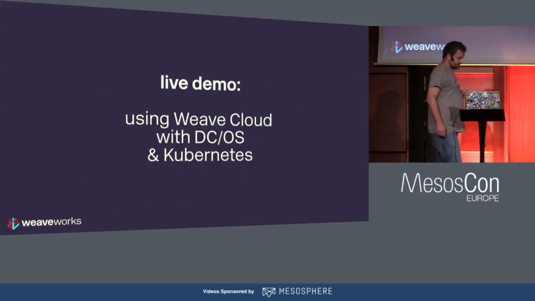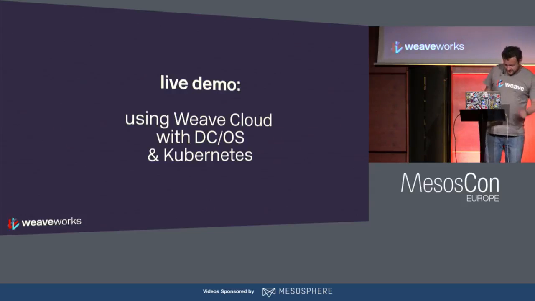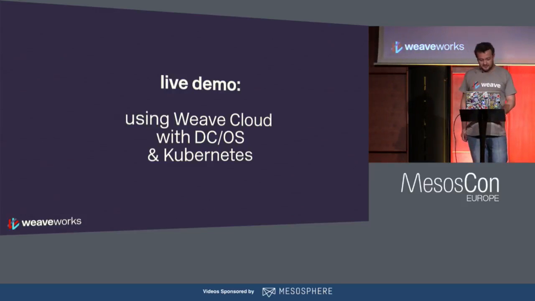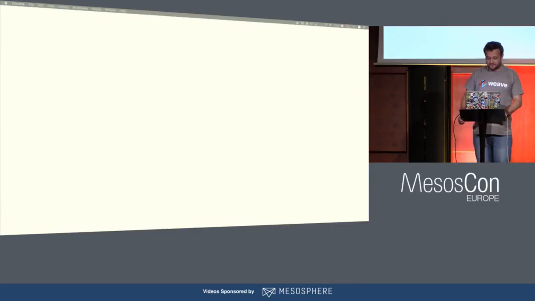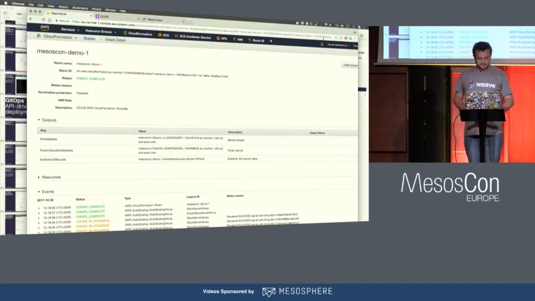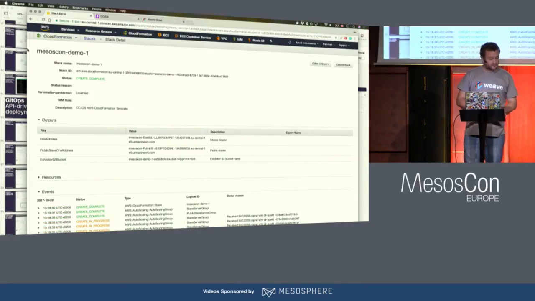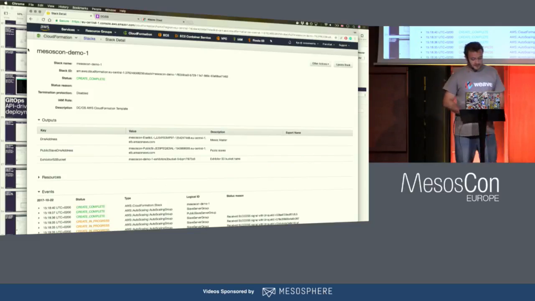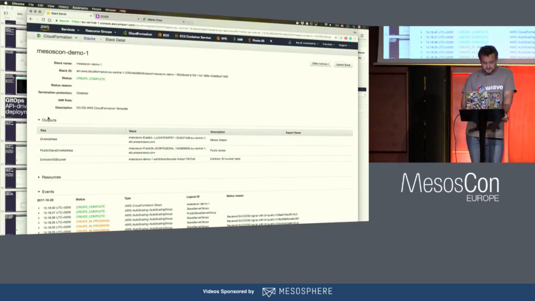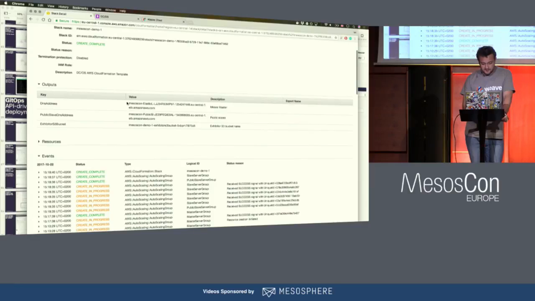So now I'm going to show you that this is all real. It's a very simple demo showing how this works with Kubernetes on DCOS today. Cool. Yeah, well, let's hope it all works still. Okay, so I have my CloudFormation console here. Can everybody see this? Great. I have DCOS. I hit this DNS domain.